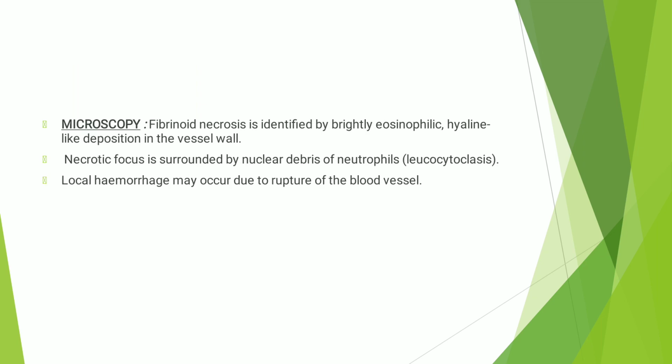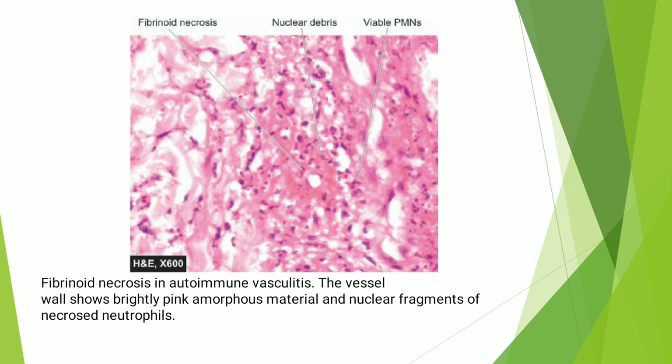Microscopy. Fibrinoid necrosis is identified by brightly eosinophilic hyaline-like deposition in the vessel wall. Necrotic focus is surrounded by nuclear debris of neutrophils, and local hemorrhage may occur due to rupture of the blood vessels. This is the photomicrograph which is showing